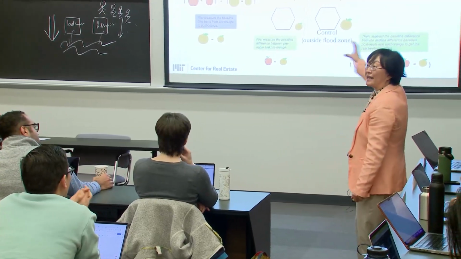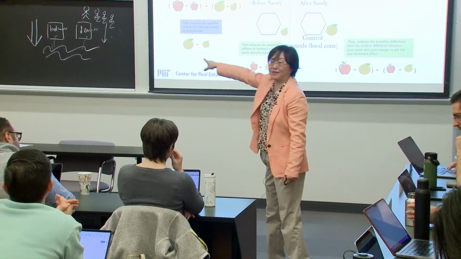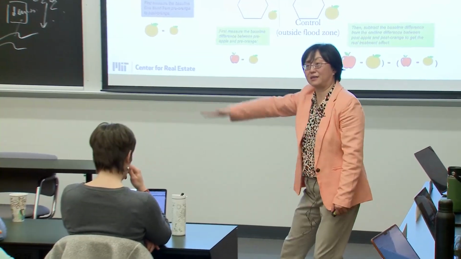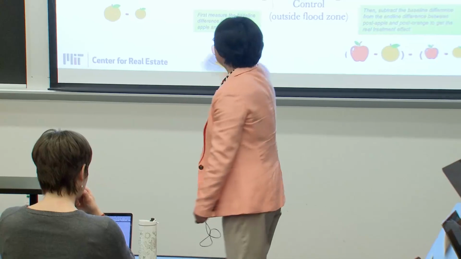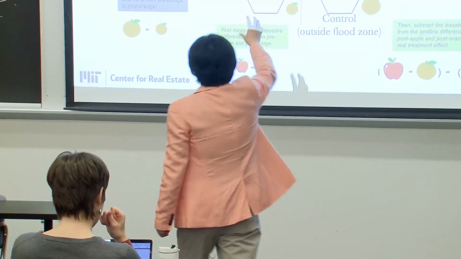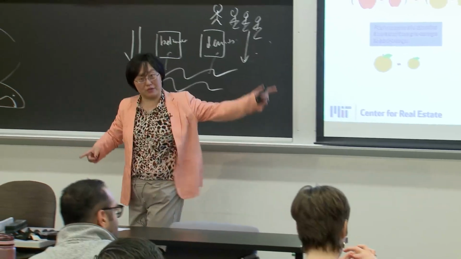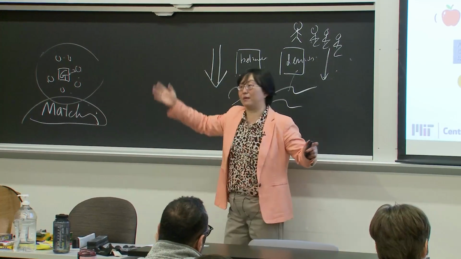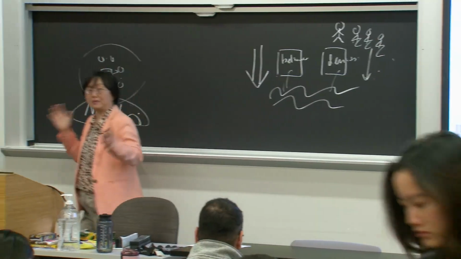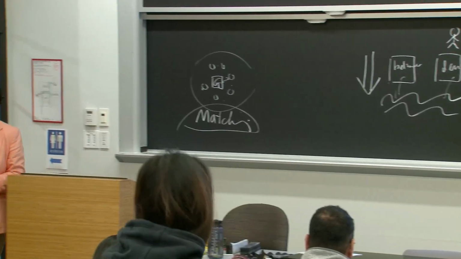For this matching, you don't need the over-time element. If you only observe one cross-sectional thing, you can still do it, right? For DID, maybe you only have two areas, but you have observations over time, then you use this. They are not like one is much better than the other. It's totally dependent on the data and all the context.